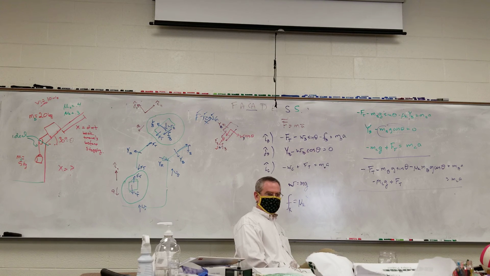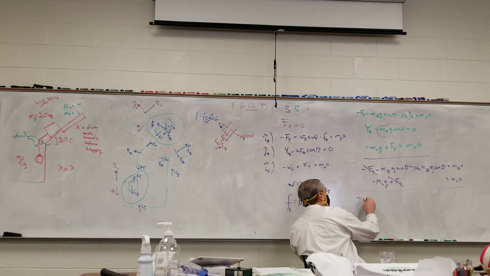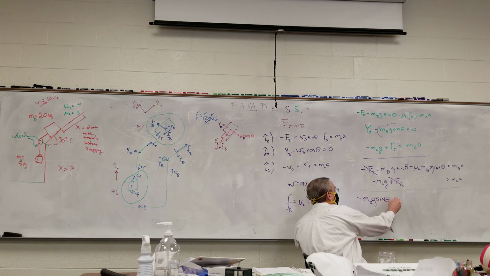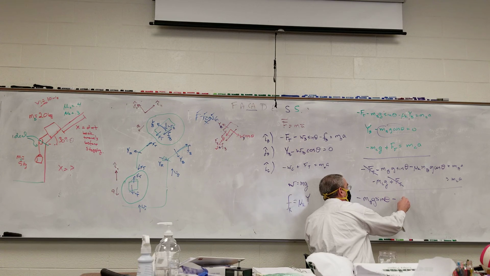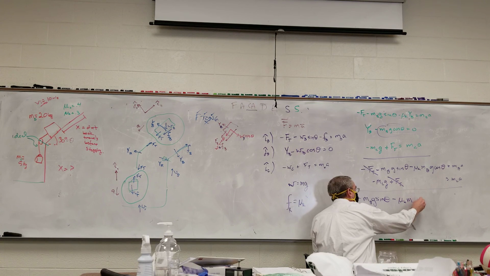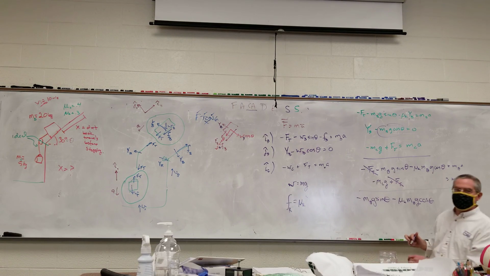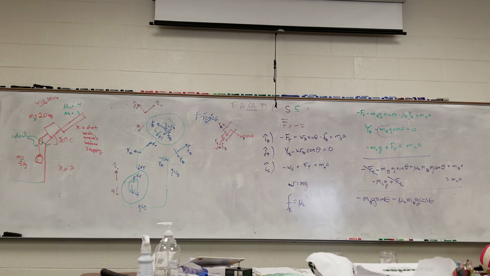So your FTs cancel out. Yes, they will. So you're gonna be left with negative MB g sine theta minus mu k MB g cosine theta, divided by MB plus MC equals A. You left one thing off and you skipped a step, but skipping this step can be done if you're